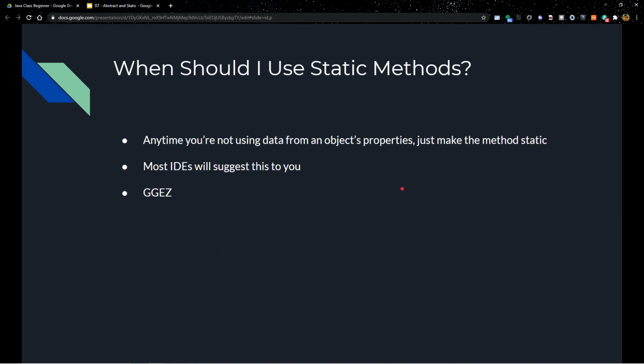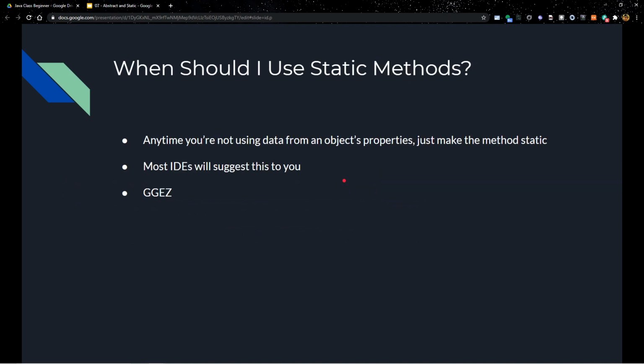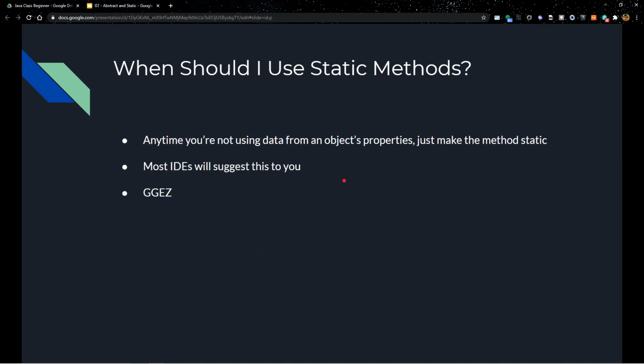So that's pretty much the main purpose of static properties, is mostly just for kind of lookups. You can use it for other cases, but it's pretty rare. There's not really a need for it. So that's when you would want to use static properties. When it comes to static methods,